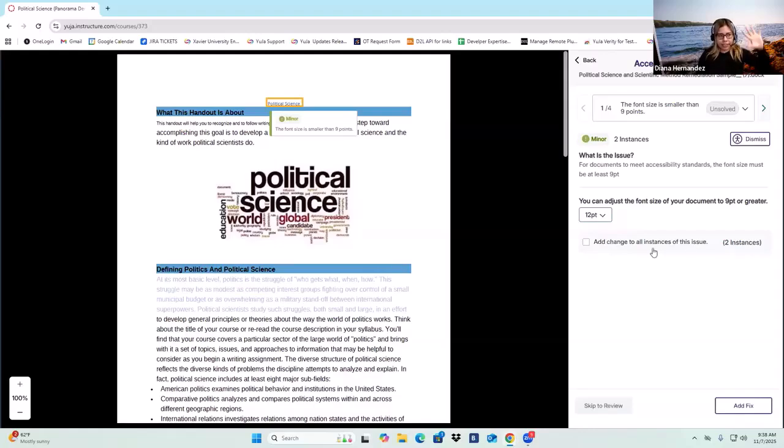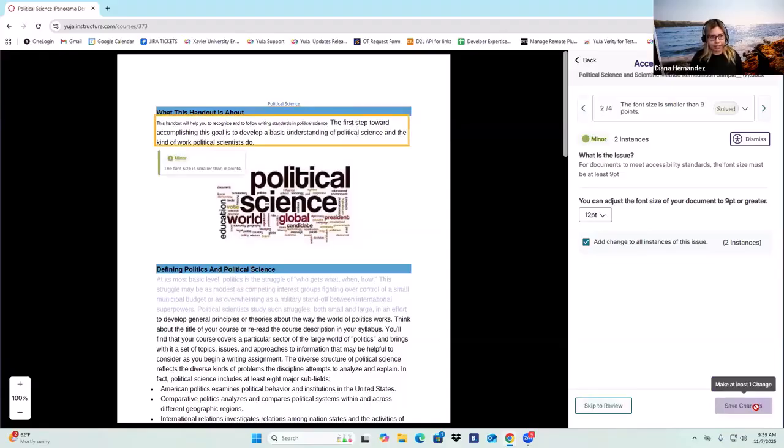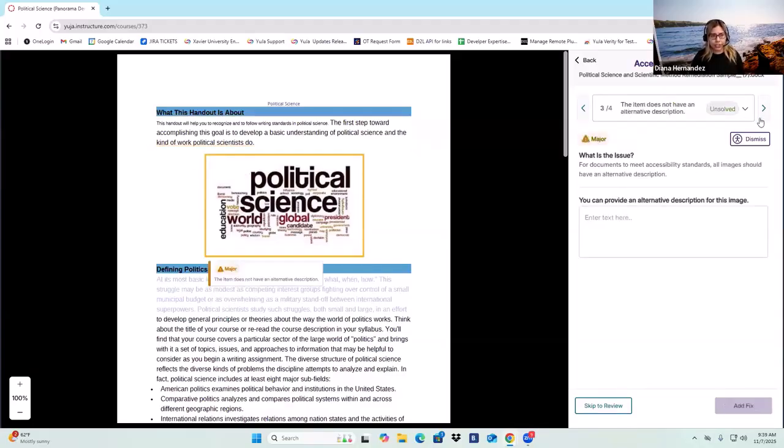In the case that this issue comes up several times within your document, you can apply the change to all the instances. So anywhere where the font size is smaller than 9 points, we'll make it 12 point. And then you can add the fix. Once we have done that, we can go ahead and click into the next issue.